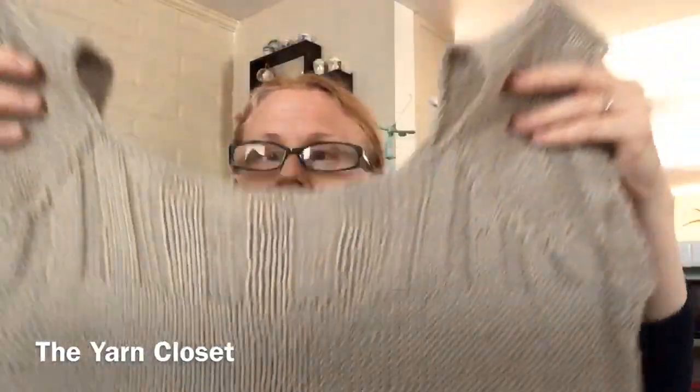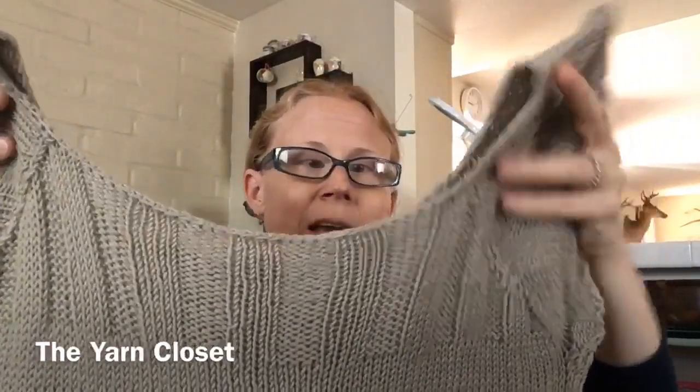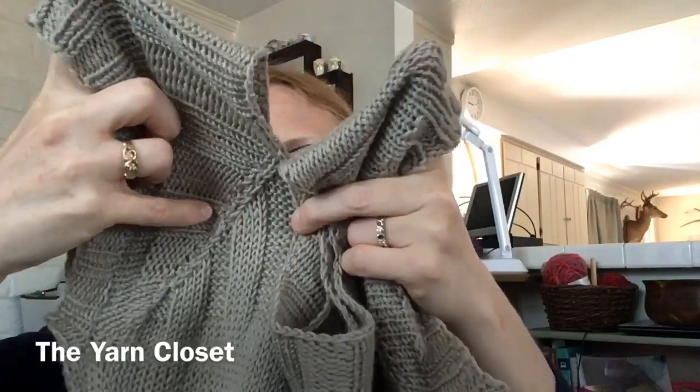So I tried to do bottom up raglan, and I did a little bit of ribbing to make the plain color not so boring. And I knew that would pull things in. It did. It pulled it in really great. I ended up getting this kind of saddle shoulder. Love it. But I got a lot of floats in here. I had to go through and sew them up. And it's not as neat and tidy of a raglan line as it could be,